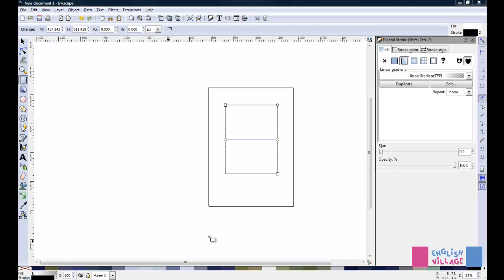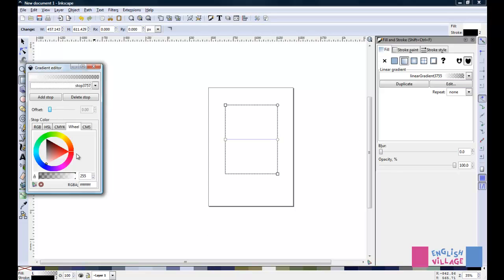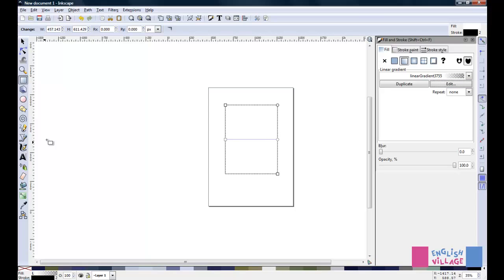We've seen how you can choose the gradient option for either the full stroke of an object, and then click Edit to create your own gradients. But you can actually also bring in gradients from outside of Inkscape altogether. And the great thing about this is that Inkscape actually uses GIMP gradients, which are called .ggr files, which just